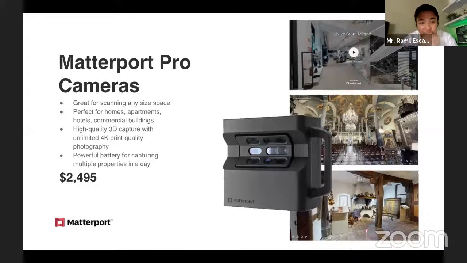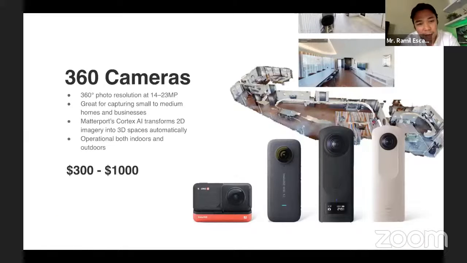But fortunately, they are also compatible with third-party 360 cameras. These are good. For our 3D tours, we're actually using an Insta360 1R, the camera with the replaceable lens. It's actually quite good now for small to medium spaces or buildings. But if we don't have access to either of these devices, the Matterport Pro or the 360 camera,